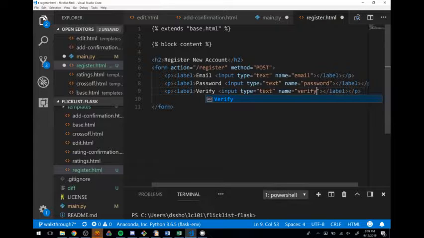For password, does the type password go in the text? Oh, yes, it does, thank you. Because we don't want people to be looking over our shoulders. There we go, thank you. See, you guys know this stuff. You did it with user sign up. It's not your first rodeo with setting up these kinds of forms. So